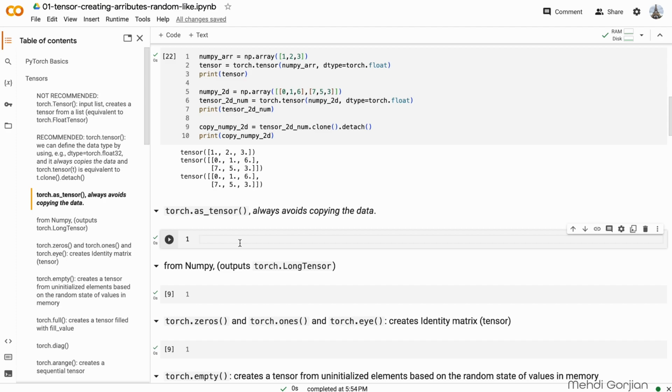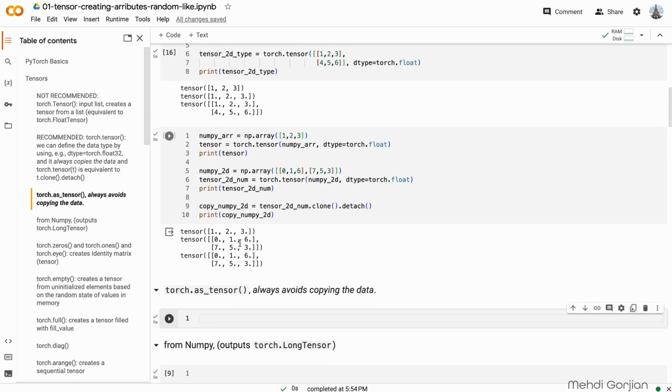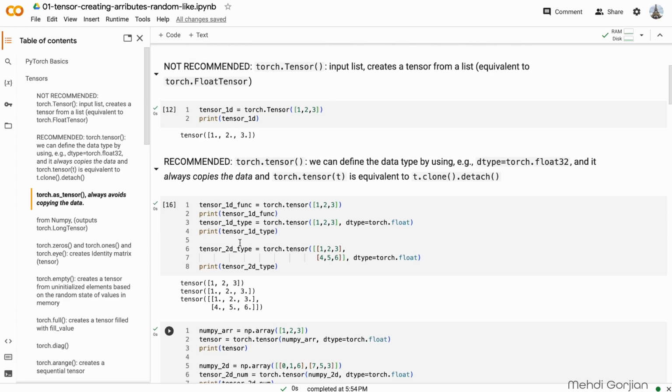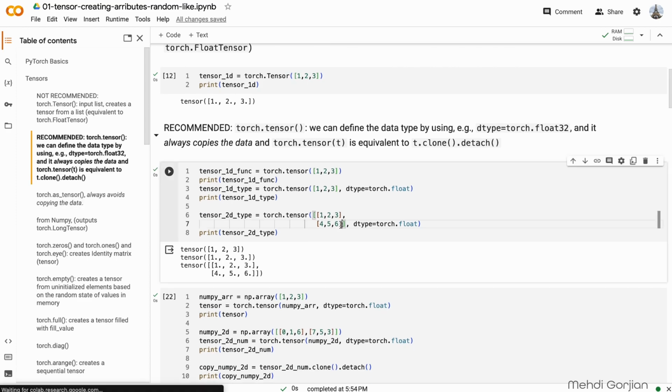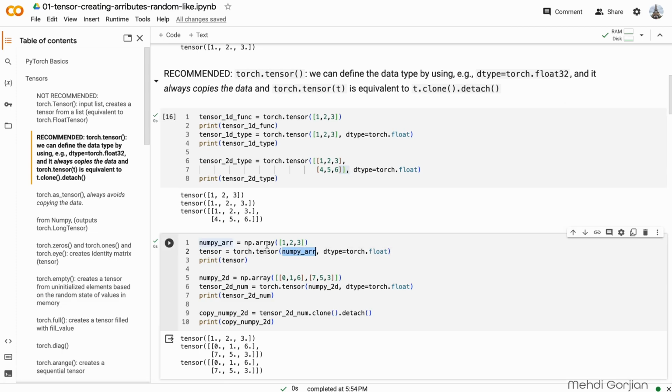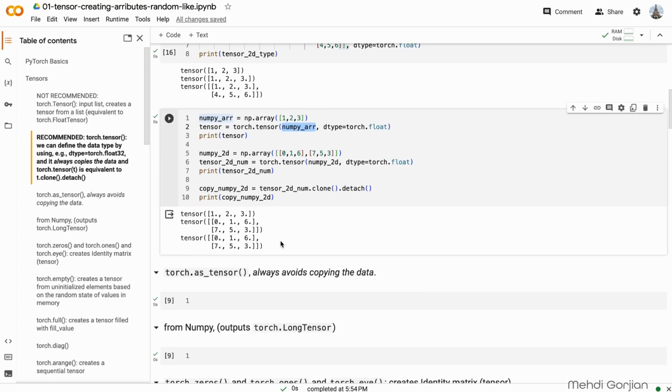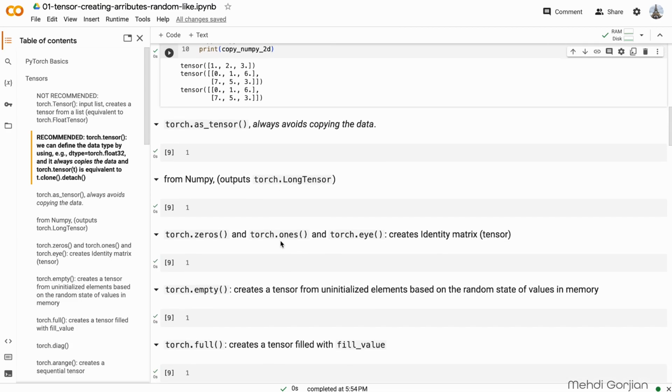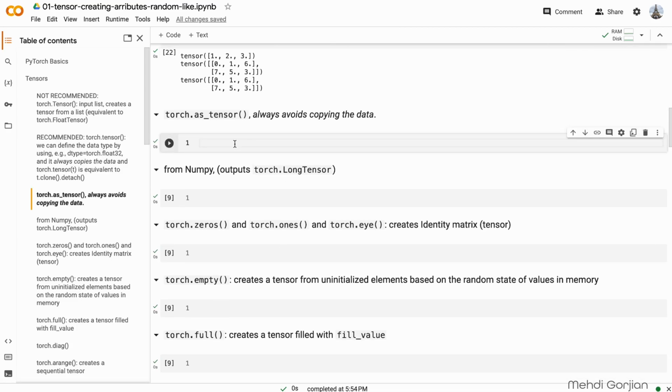As a recap from the previous section, we can input an array, or we can use a NumPy array. We already created it. Here is another method, where we use an array as a tensor. To do that, we can say as_tensor